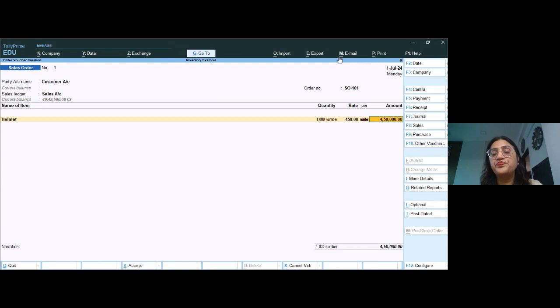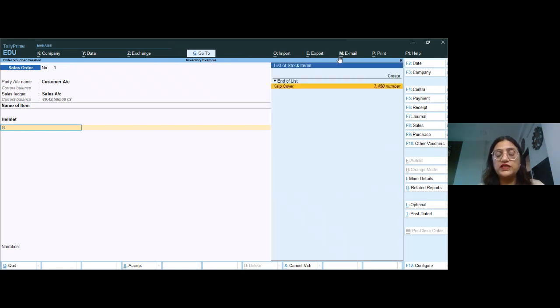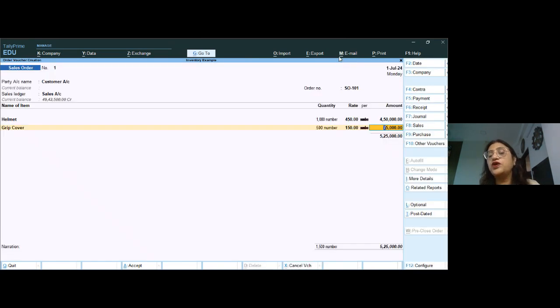Enter, enter. Still, you are receiving not only for the helmet. Suppose you are receiving helmet as well as the grip cover also. So you can select grip cover also. Same 15 days for the execution of the order. Then purchase godown, 500 quantity. Now your order is for